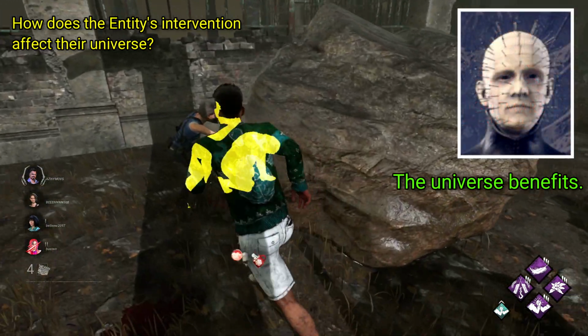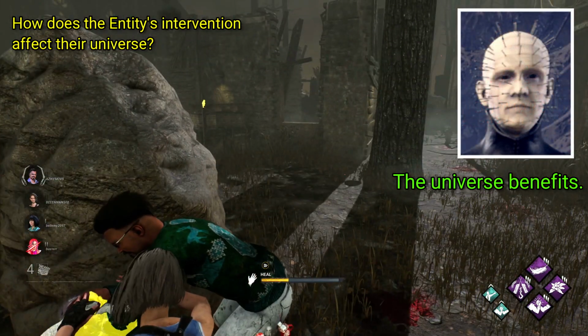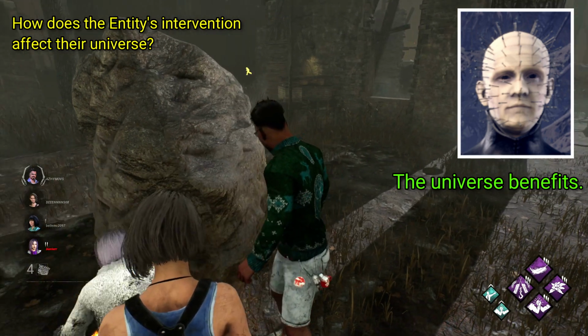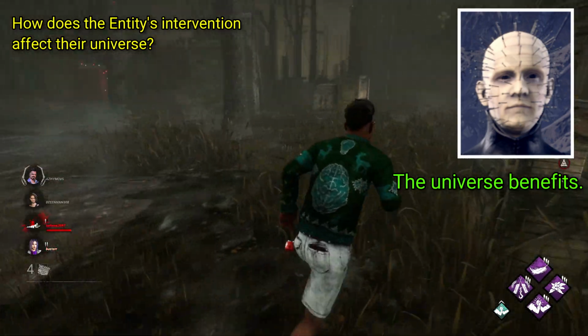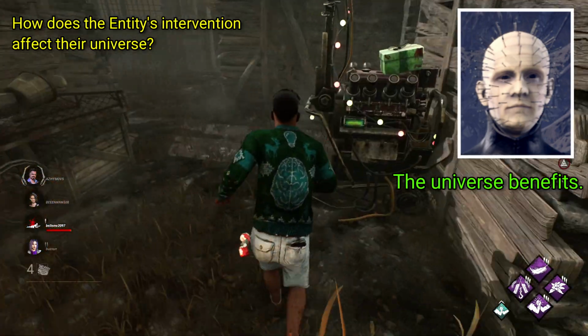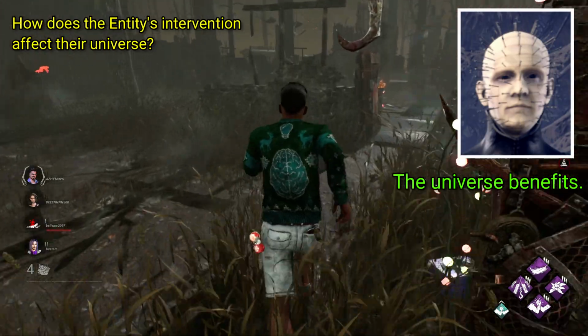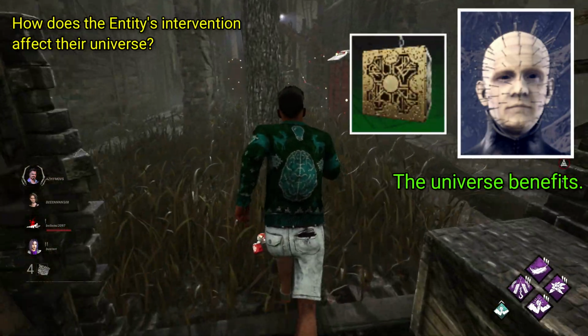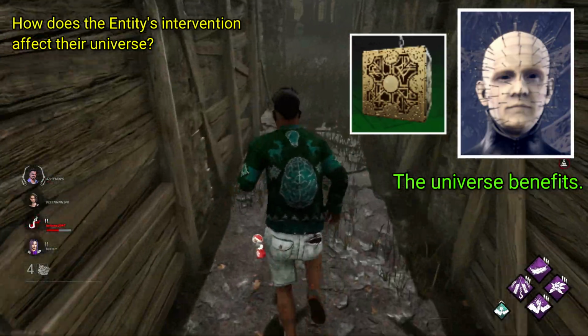Pinhead is another pretty straightforward one, mostly because we're only taking away a killer and not a survivor. Pinhead being taken is a net positive for that universe. Bad stuff is still gonna go down, but the absence of the lead Cenobite has basically just benefited that universe, especially as the Lament configuration has come along with him, or he followed it. Either way, it's not there anymore.